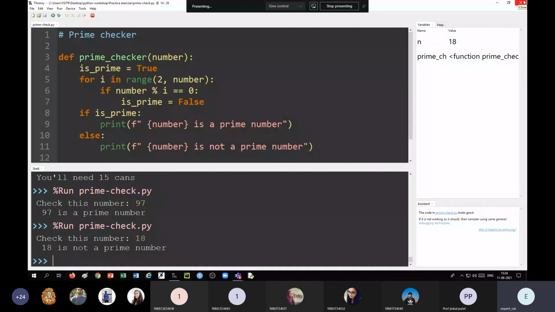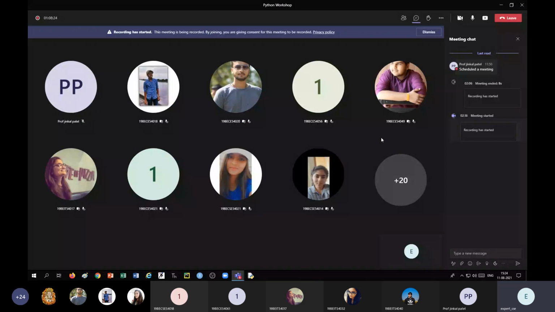Now next we are going to discuss a project based on functions, which is called the Caesar cipher. A text will be input, then it will be converted into the encrypted code. So we'll input a text, and at the same time, we will input a shifting number, 5 or 6 or 7.